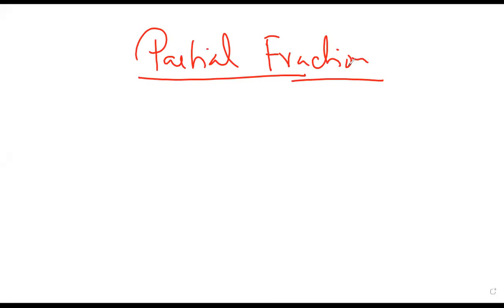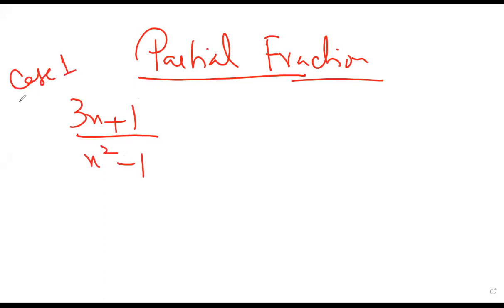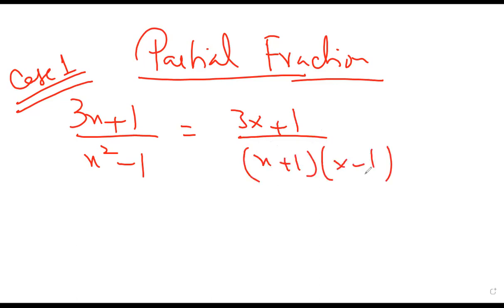Proper fractions are those fractions whose numerator degree is less than the denominator degree. Like (3x + 1) upon (x squared minus 1). This is the case 1. We can write it down like (3x + 1) upon (x plus 1)(x minus 1). In the case 1, that's called